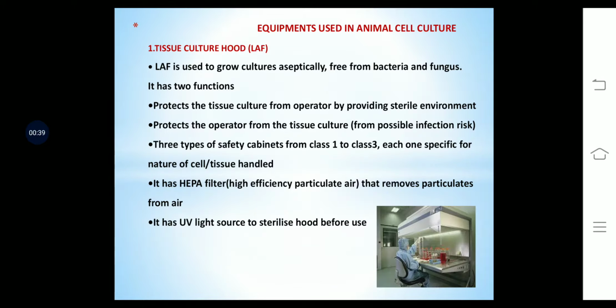What is the advantage of using an established cell line? It's convenient for the scientist to use these cell lines, as the growth characteristics, media requirements, and responses to selected reagents are all established. So you don't have to literally work out all these parameters once again. If you are interested in a particular cell line, we can approach those cell line maintenance centers and request them for a cell line. They will give us the cell line with all the instructions for growing it.